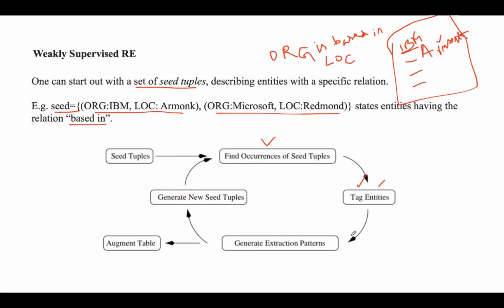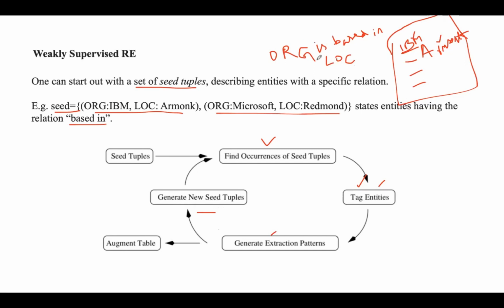After assigning the entities, you need to generate extraction patterns. So we created patterns for these occurrences as organization is based in location. Now the next step is to generate new tuples from the text. So now find out whether there are any new tuples which match